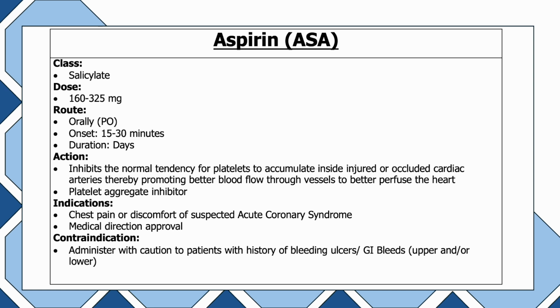Now we're going to go into the testing portion of the video. This is the verbatim test that you will see for your test here at SoCal EMS. So we have aspirin, ASA, class, salicylate, dose 160 to 325 milligrams, route orally, PO, onset 15 to 30 minutes,